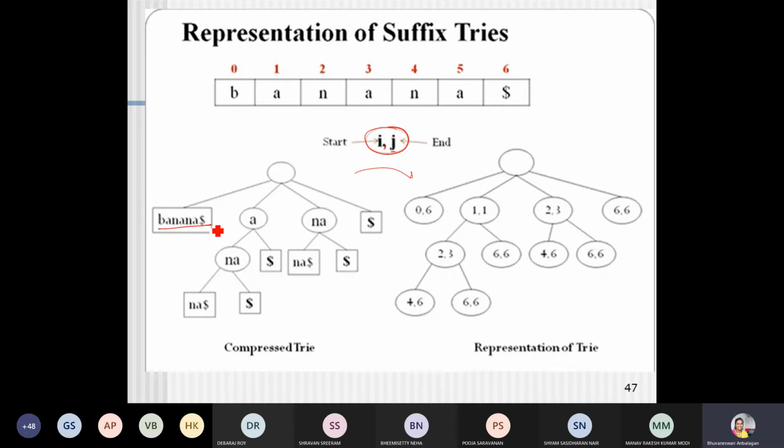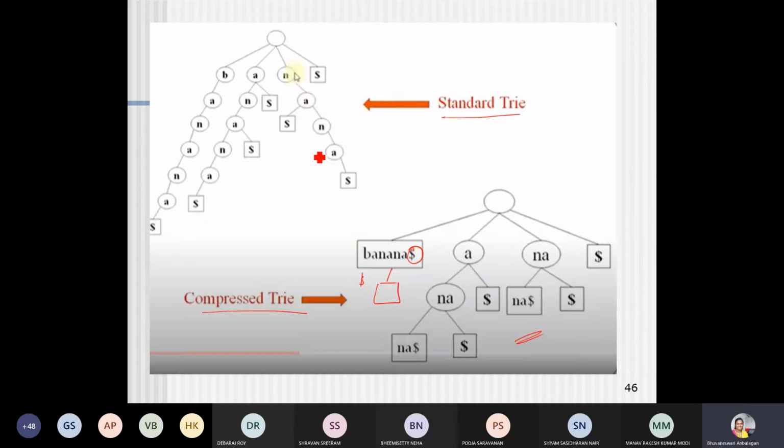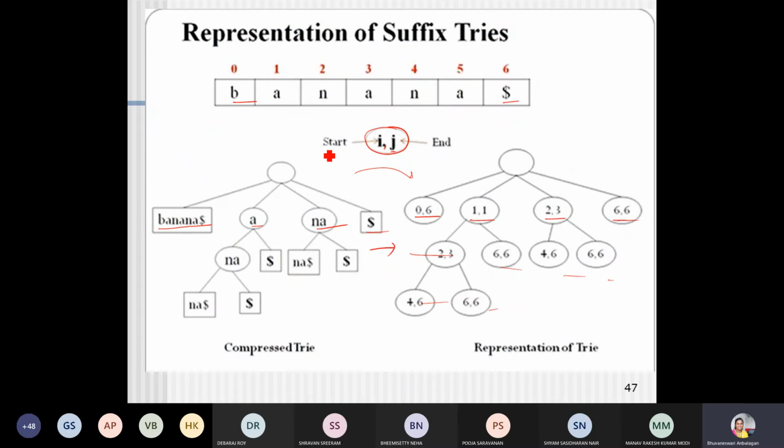Okay, banana, if you see over here, starts from 0 comma 6. A starts from 1 comma 1, NA is 2 comma 3, and dollar is 6 comma 6. So in this way you can represent the vector value representation of a compressed trie. With this, suffix tries are over.